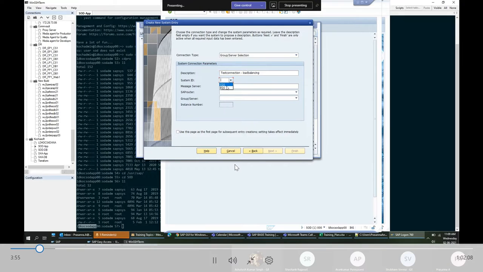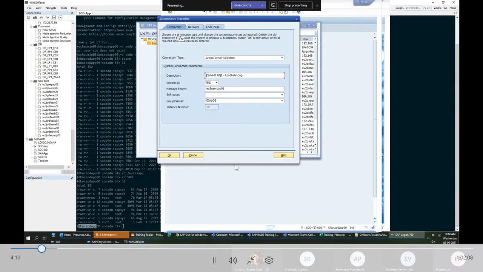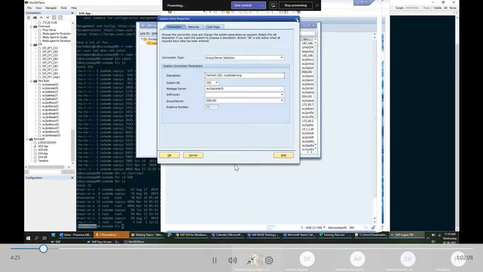I'll give this EQ1. I think I've already created one. Leave this one.